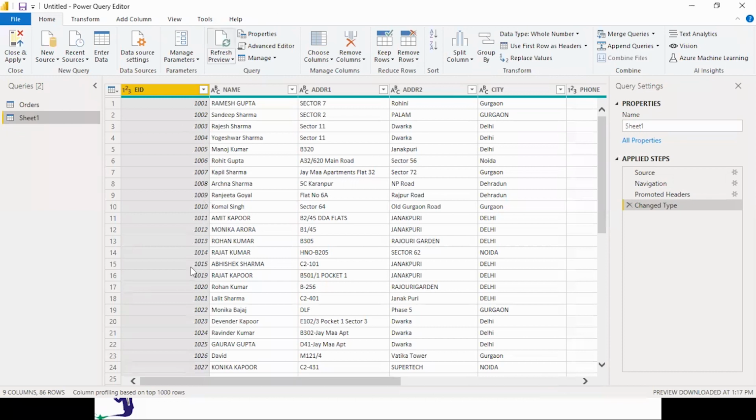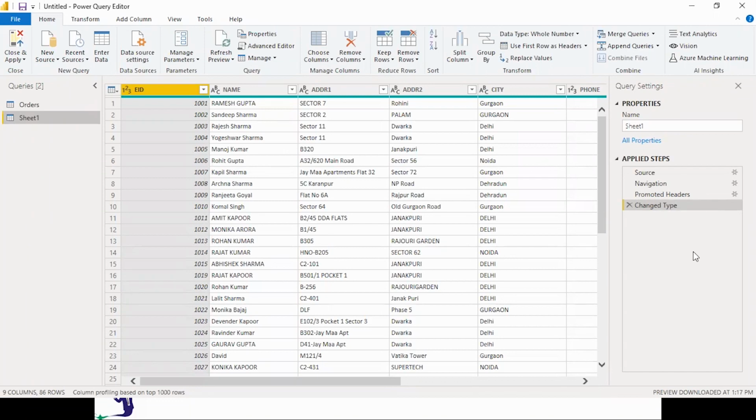Here it is. Now see, this is the interface of Power Query. Here is your data. The table or data source, whatever you call it, which we open in Power Query is known as a query. And on the right hand side, you will see something known as applied steps. Few steps, 1, 2, 3, 4, are already there. As and when you keep working on this and doing the transformation of the data, you will be getting more steps over here.